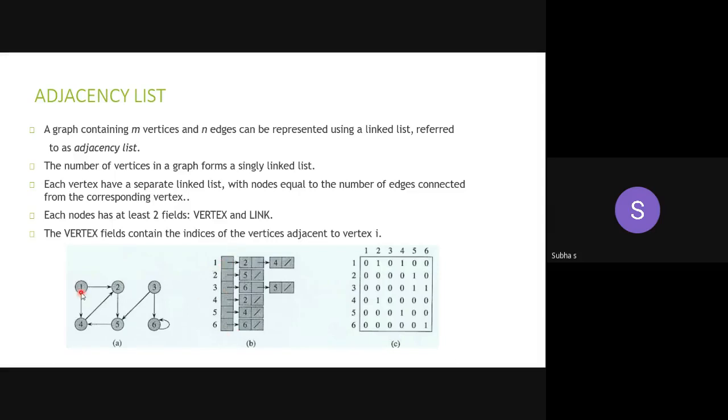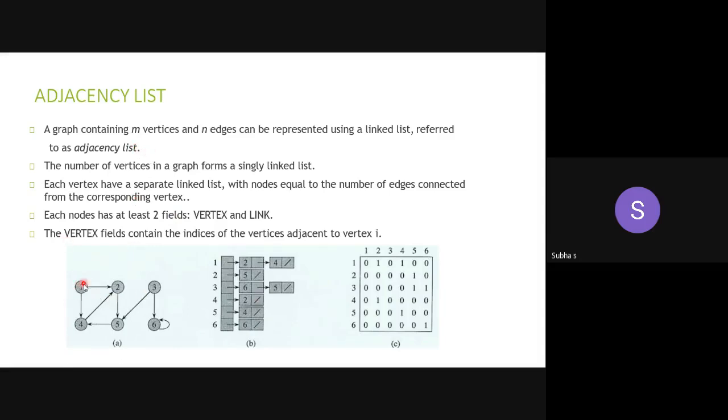Now you have to find the adjacent nodes because the name itself is what? Adjacency list. Suppose I am having more than 2 nodes as adjacent nodes, then those adjacent nodes are to be connected as a list. That's all. That is called an adjacency list. Okay, let's see that example first, then we move to the definitions.